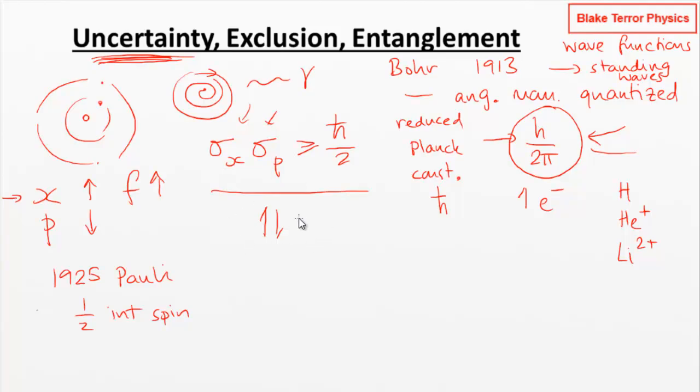We've got two particles here, two electrons with half integer spin, one of them spinning up, the other one spinning down. So we've got plus a half and minus a half on these things, and they can't occupy the same quantum state within the system. So if we get another electron coming along, it can't go into this state. It has to then start filling up these energy levels, start filling up the orbitals.